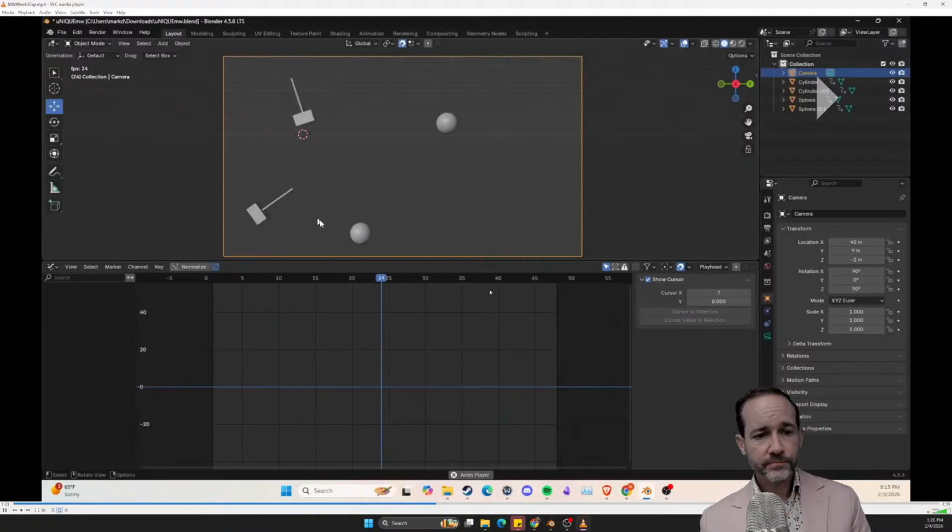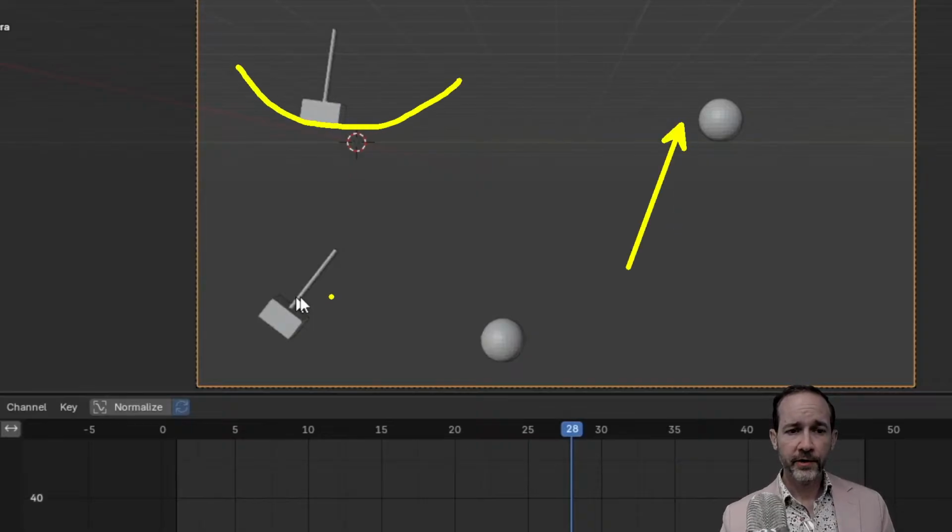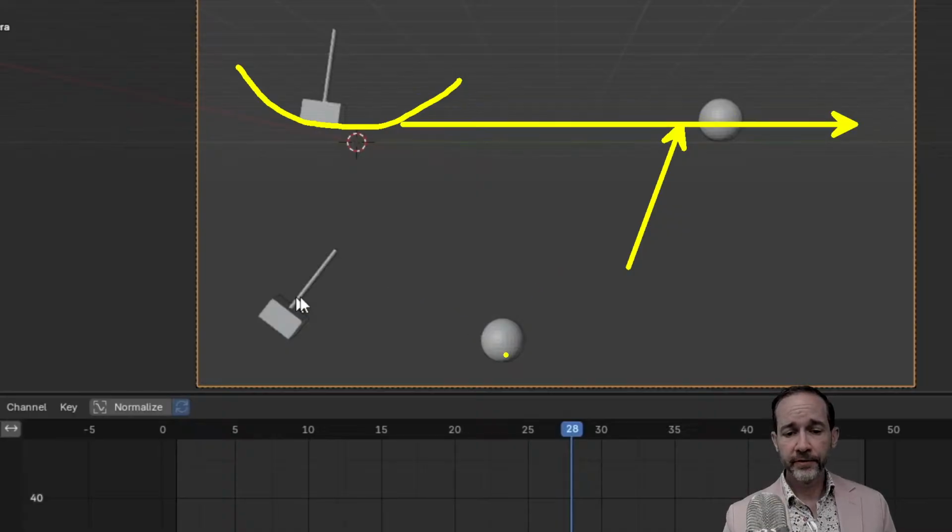The main things here: the light one swinging through. What do we want to avoid? We want to avoid it looking like it's hitting invisible stuff. Two, I wanted to see the light ball go further than the heavy ball, which is clear and physics accurate.